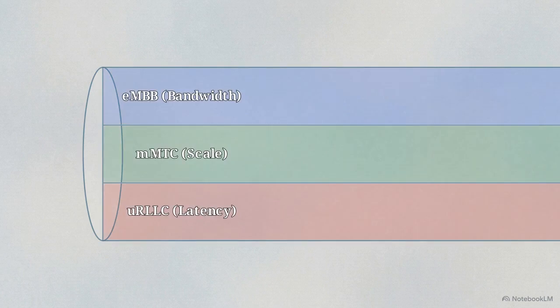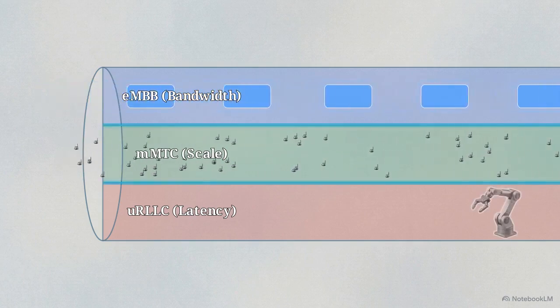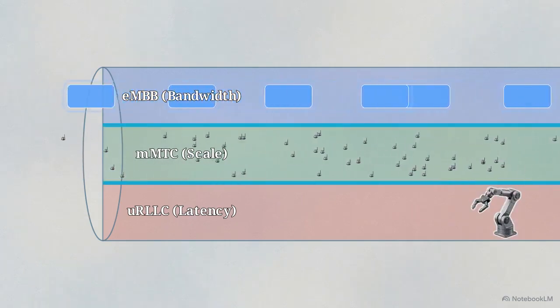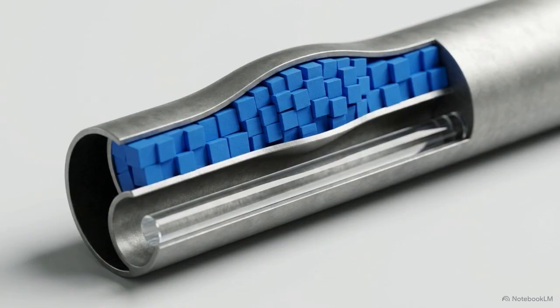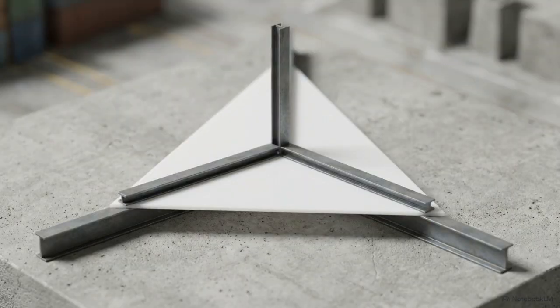Look at this diagram. A physical RF pipeline is partitioned into 3 color-coded virtual tunnels. Architects assign different quality of service parameters to each. One prioritizes bandwidth, one prioritizes scale, and one is shielded for strict latency. Each slice operates as a bespoke end-to-end local area network, tailored to its specific IoT payload. A traffic spike in the high bandwidth slice cannot physically impact the latency of the URLLC slice, despite sharing the exact same hardware. Network slicing tames the three-headed dragon. It proves that 5G operates as a highly adaptable virtualized environment, rather than a static radio broadcast.